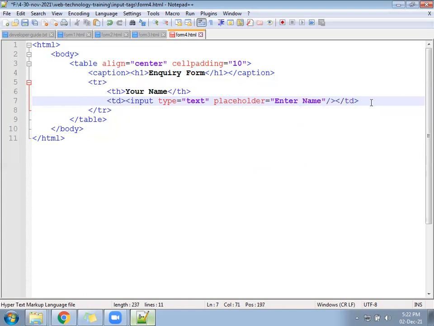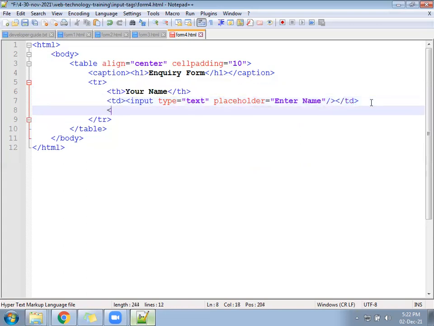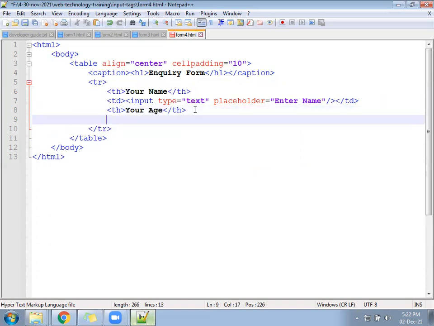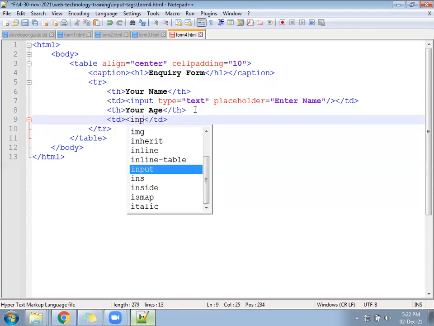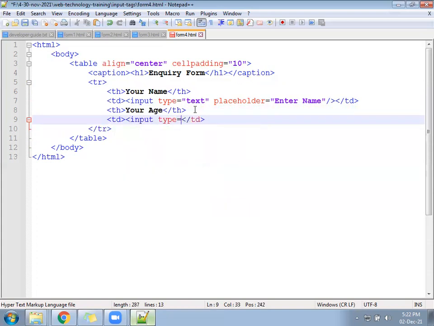In the same TR, you will add one more TH. Call it your age. One more TD. Input type equal to number. Not number, give it as text only.